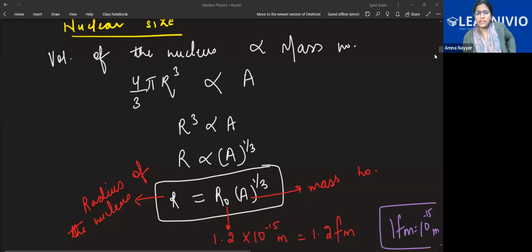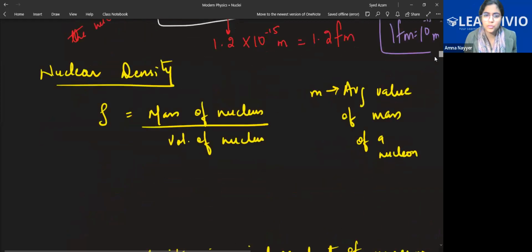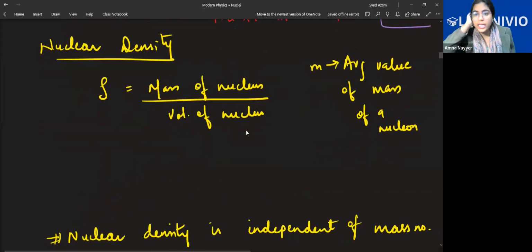Okay, class. I think the rest of the things are there in the notes. This much you must have added. Now coming to the nuclear density part. Nuclear density is also very important. The numericals are from nuclear density and the radius. Then your questions come from mass defect. Binding energy is just a theoretical part, where you draw the graph and write the observations of the graph. So these are the questions that are possible from nuclei: the calculation of radii, questions based on nuclear density, and questions based on the energy equivalence, that is E is equal to mc square.